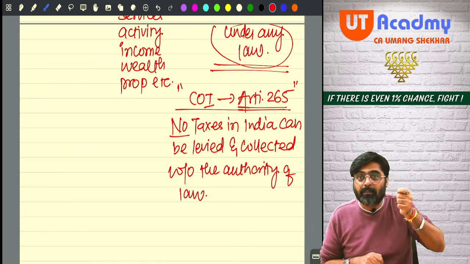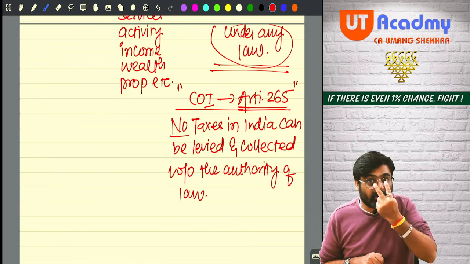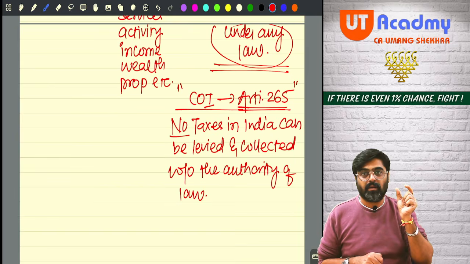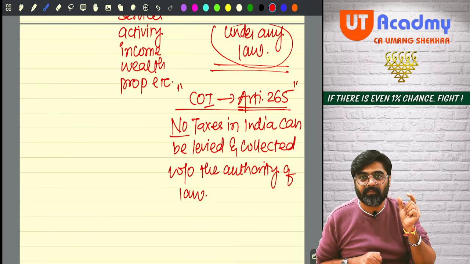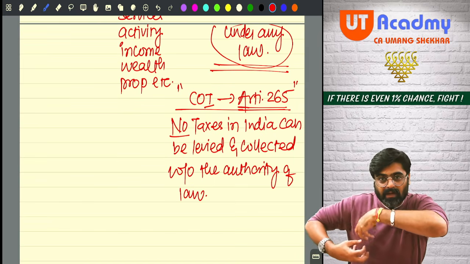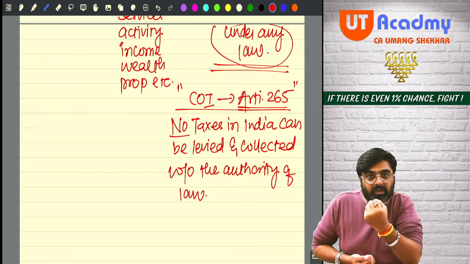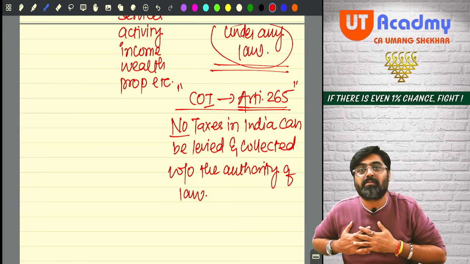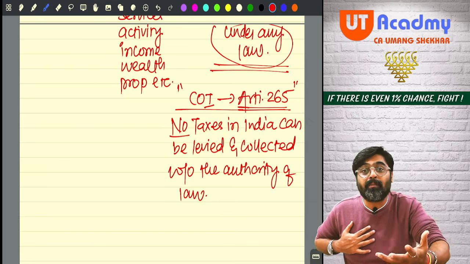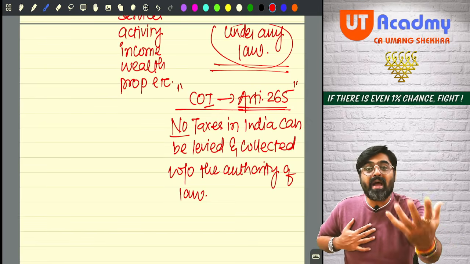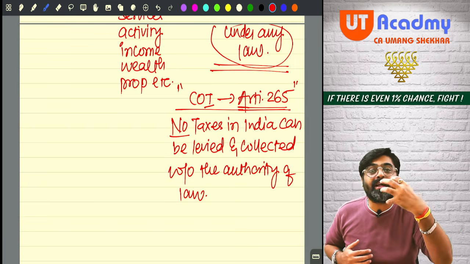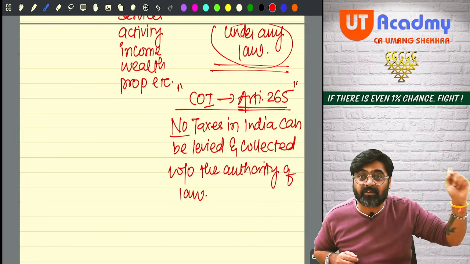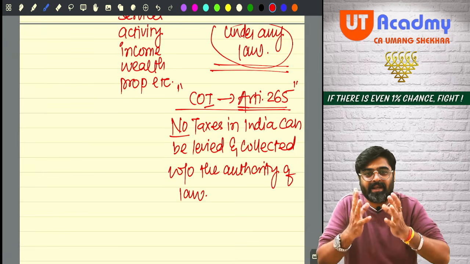For example, if I'm earning 1 lakh rupees of income, the government will say that you have earned 1 lakh rupees of income. Out of that 1 lakh rupees, you pay 30,000 tax. So 1 lakh is coming into my pocket, and out of that 1 lakh, I will have to take out 30,000 and give it to the government. On whose pocket is the burden falling? On my pocket the burden is falling. Who is liable? I am liable. Who is bearing? I am bearing. Can I shift that burden to someone else? Can I take that 30,000 tax from someone else's pocket and give it to the government? The answer is no. This is the beauty of direct tax.